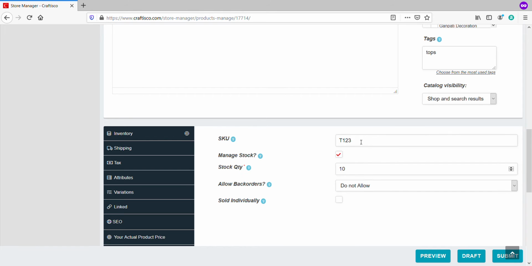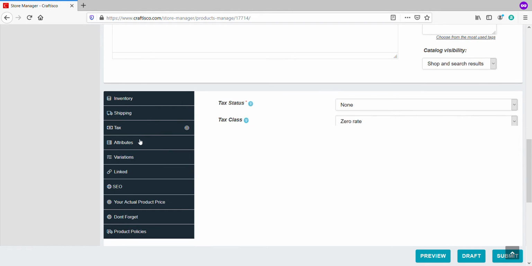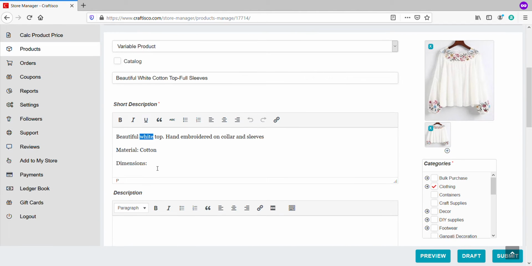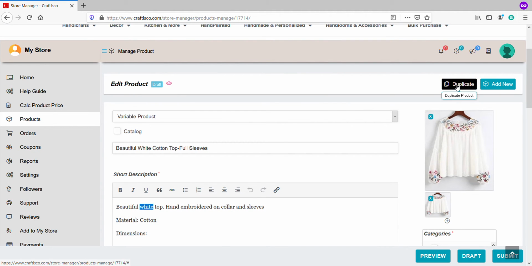The inventory could be different because you can't have the same SKU. So this is pretty interesting because once you duplicate the product, the SKU hyphenates it with an incremental value. We'll see this later. Probably my shipping is the same, my tax is the same, my attributes are the same, my variations are the same, everything is the same except for the word white and probably the cost. So let's do a duplicate product here.